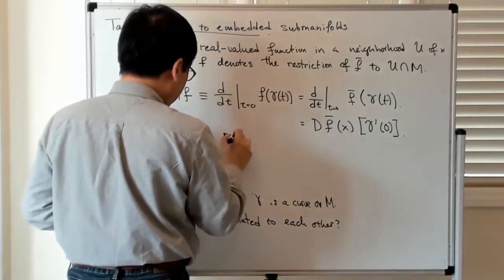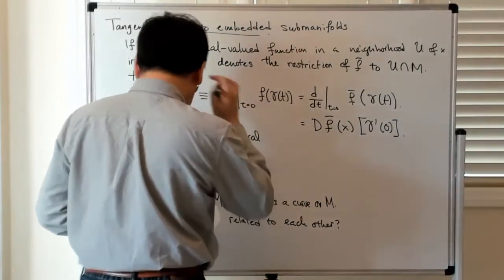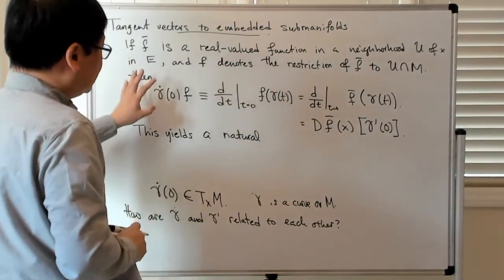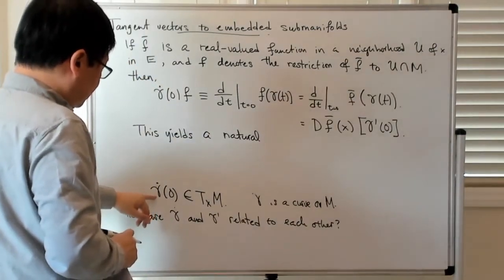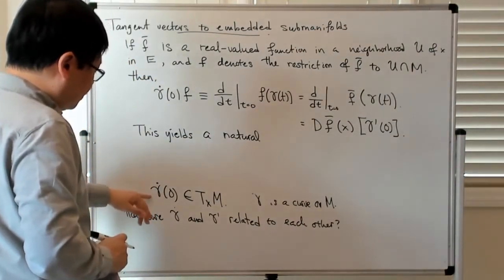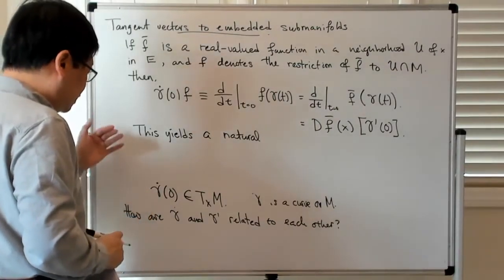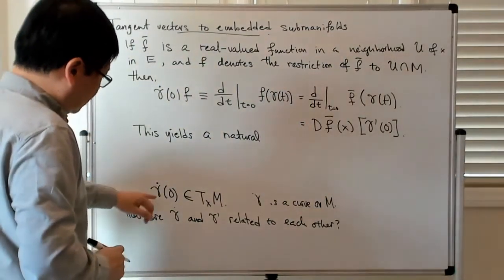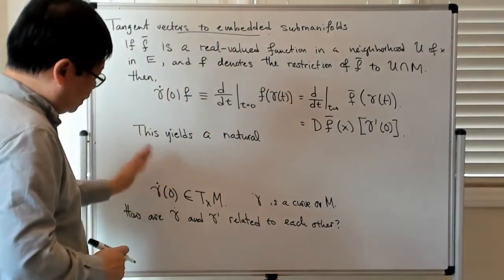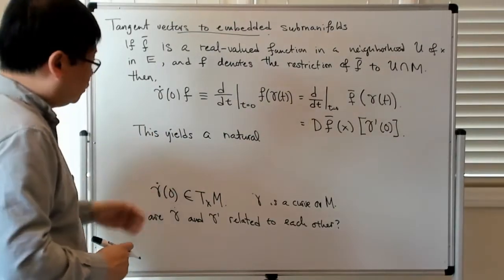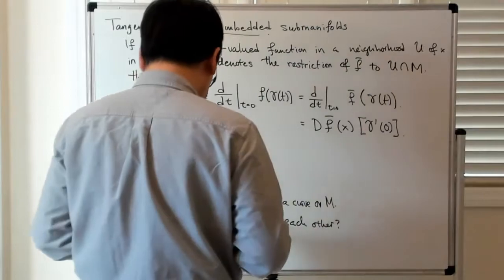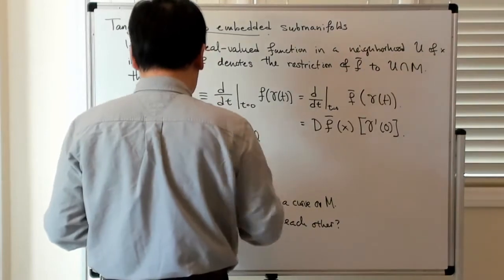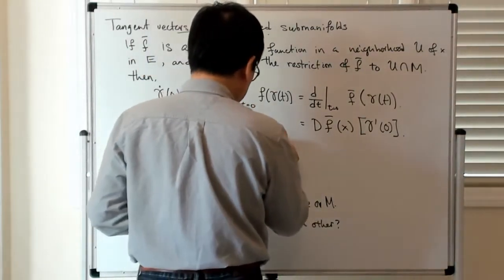A natural identification. I should say, sorry, what I earlier had said was sort of off. What I should have said is that the abstract tangent vector can also be viewed as a derivation, and a derivation is a linear operator which satisfies the Leibniz rule. Anyway, this yields a natural identification